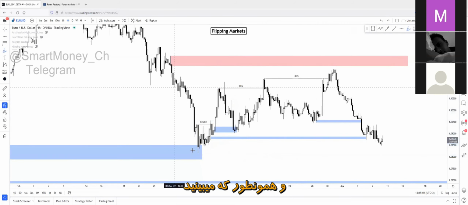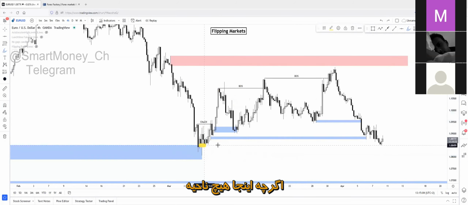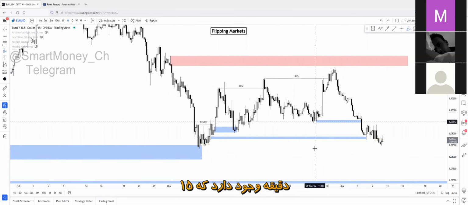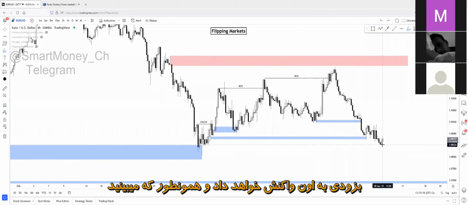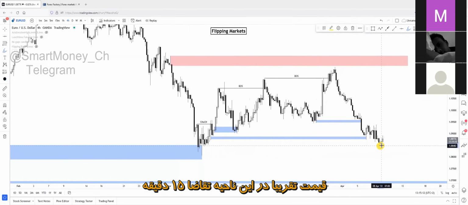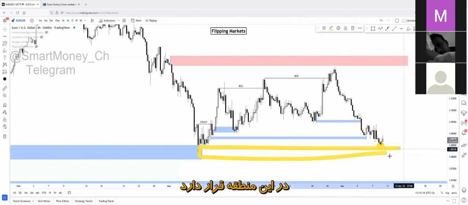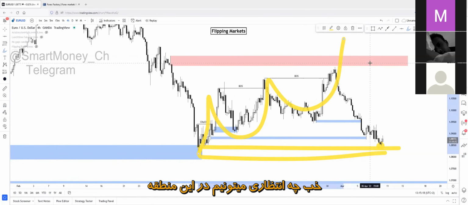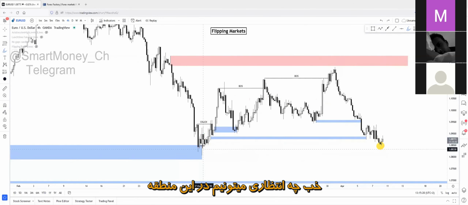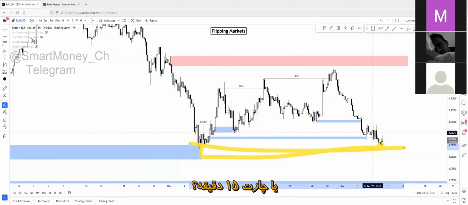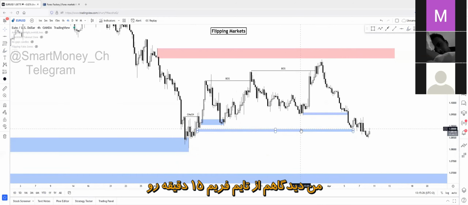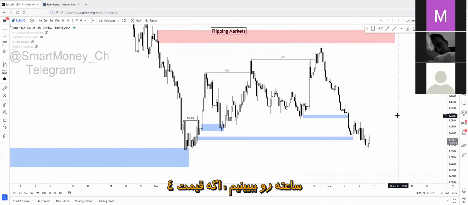And as you can see, even though there's no clear 4-hour demand zone right here at this region, there could be a clear 15-minute zone, and price will react on that zone soon. As you can see, price is almost in that 15-minute demand zone region right here, which was the extreme of the whole order flow to the upside. So what can we expect from this price action region on the 4-hour chart or on the 15-minute chart? I will explain the 15-minute perspective on the 15-minute chart, but let's see the 4-hour first.